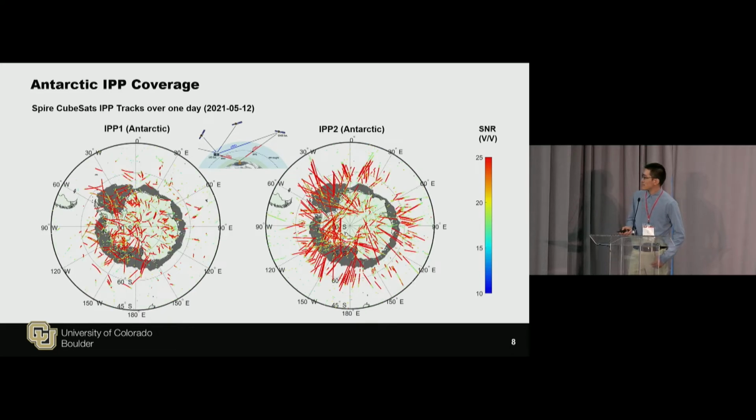And here's a similar plot for the Antarctica. So it also has pretty high density coverage. But these measurements are from these CubeSats over one day, and we hope that we can have such measurements over just maybe 15 minutes. Then it's pretty easy. We can have a high resolution and high cadence TEC map for the high latitude regions.